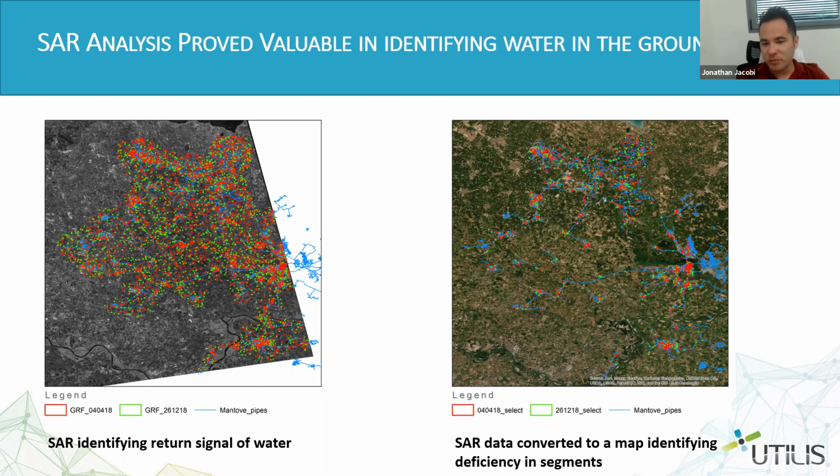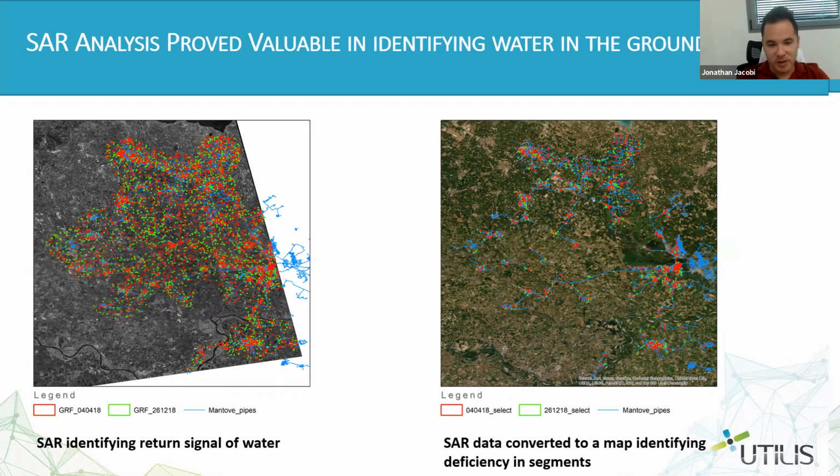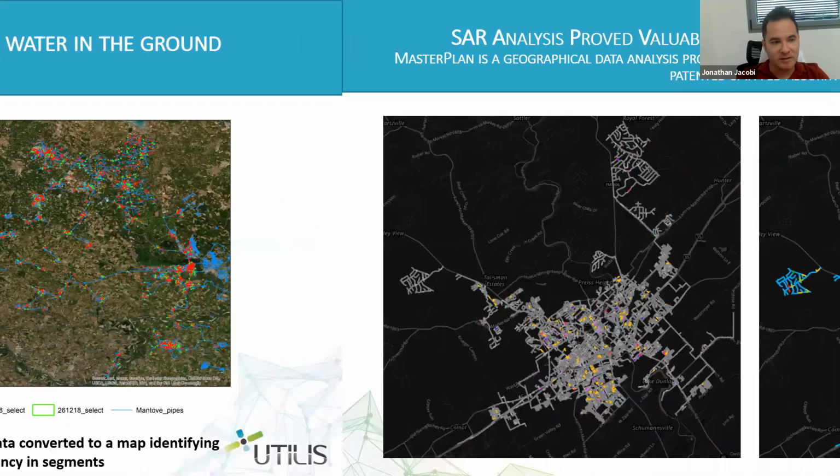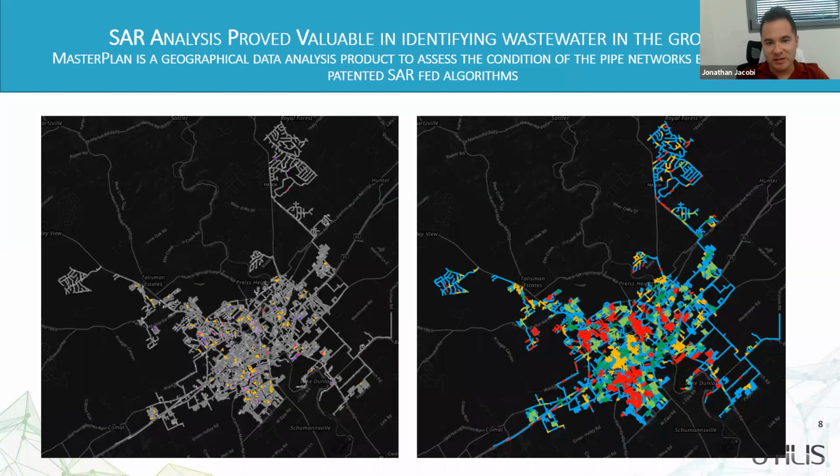And we give them information. What does this information bring? It brings them a geographical data analysis product that enables them to assess the condition of their pipe network based on our SAR algorithms. It can be looked at from a pipe segment point of view, and it can also be looked at zoomed out from a DMA point of view if they have DMAs. Otherwise, we could look at different towns within the same utility or different neighborhoods within a bigger city if there are no DMAs, or if there are, maybe we're using pressure zones, whatever it may be.